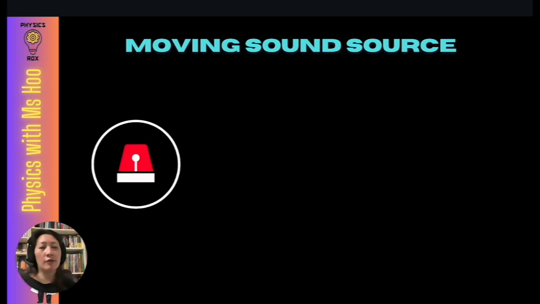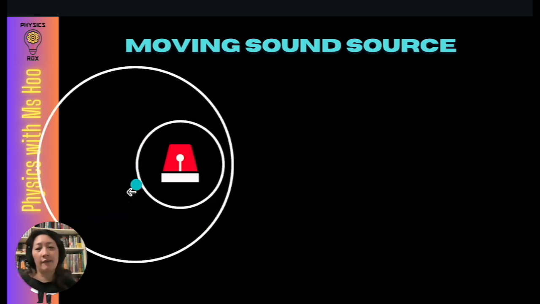Now as the sound source moves, this sound wave has already been released, so it will continue to move outwards away from its original position. The sound wave is not going to move together with the sound source because it has already been released. So you'll find that the first sound wave will continue to move outwards, in this case forming a larger circle